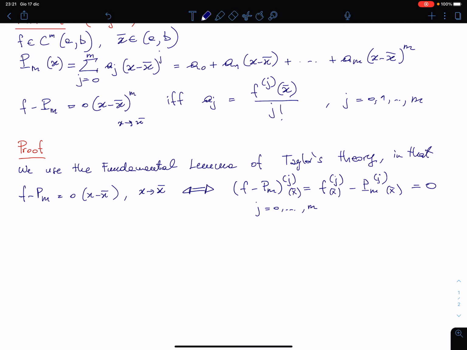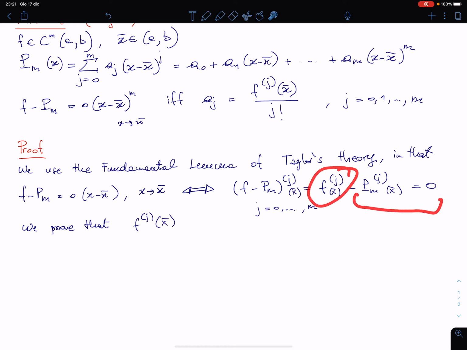So we want to prove that f^(j) of x bar is equal to pm^(j) of x bar for every j from 0 up to m